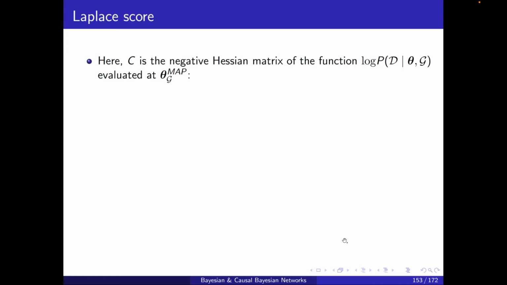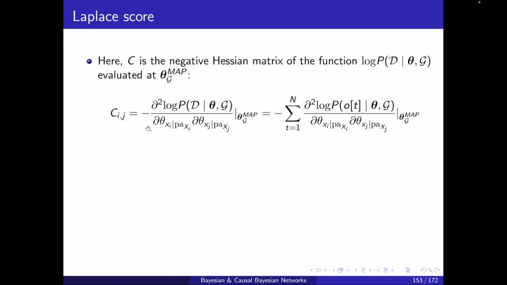Well, C is the negative Hessian matrix of the log of P of D conditioned on theta and G, this term, evaluated at the MAP. So if you want to write it down, it will take this form. Now you see the left-hand side is just by definition, and it should be calculated at the MAP,